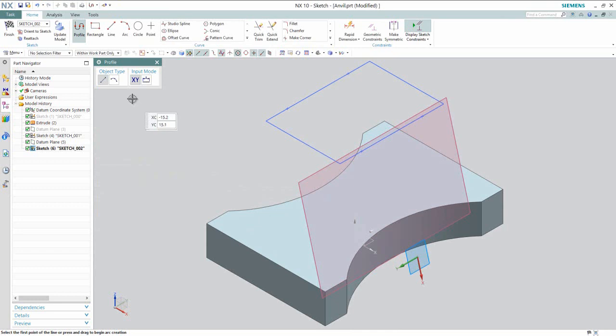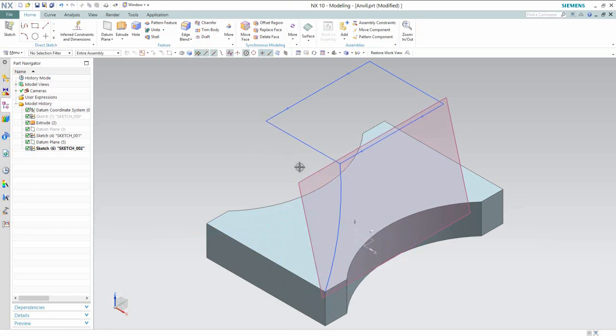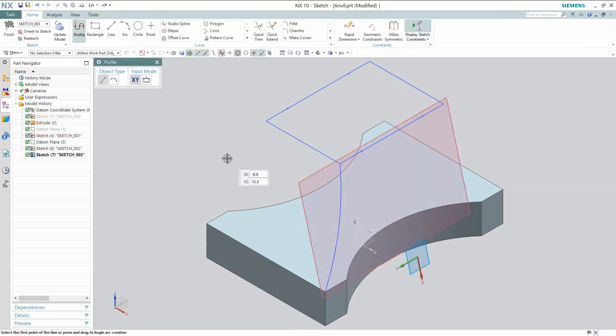Activate the arc tool, create an arc on these endpoints of the profile. Finish the sketch. Now create another arc on the opposite side of the extrude feature.